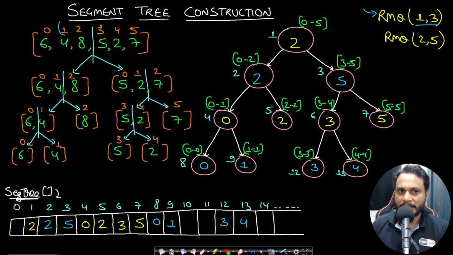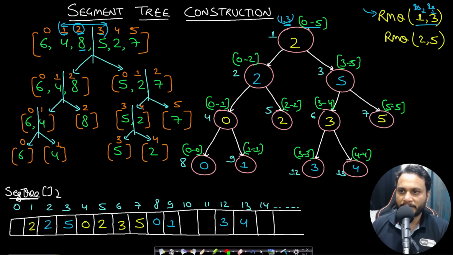So if you look at this array, I am querying about what is the maximum number in the range of index 1 to 3. I want to get this value 2. I want to get the index of the maximum number in the given range. Okay. So this entire segment tree actually stores the index, as I already told you. Now since I want in the range of 1 to 3, my query start and query end will be 1, 3. So I want to search in the range of 1, 3, and I am getting